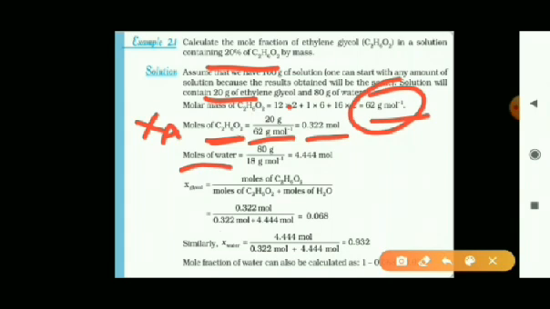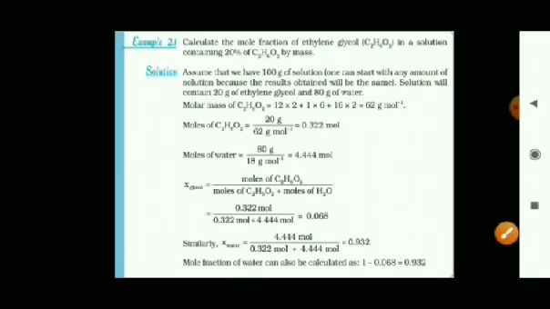Moles of water, consider this as B. So 80 gram of solvent is there. And what is the solvent? Water. The molecular weight of water is 18 gram per mole. When you divide this, you will get the answer 4.44 mole. Now, you can see here, as I told you the